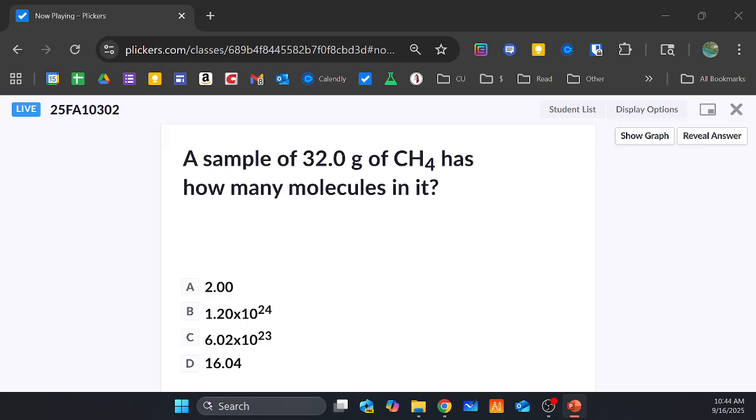Okay. And so I want to get out of moles. And so that's going to be on my bottom. My equality says the thing up on top has to be this right here, which is the molecules. And so I put that up on top. Okay. All right, so this is going to give me 2, which I then need to multiply by